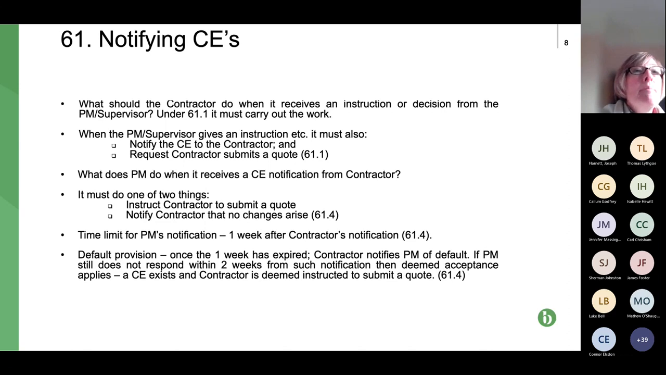The other thing is that if a quote is submitted, the project manager says they're going to make an assessment, and the assessment's made and it's substantially less than the contractor's quote, the contractor's not happy. What does the contractor do about it? Well, pretty much exactly the same. There's nothing specific in NEC about what to do, except of course in either of those scenarios, the contractor can proceed to adjudication, but very often that's not practical on single CEs,